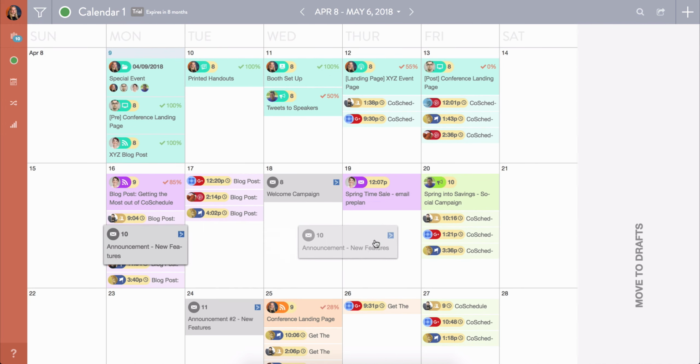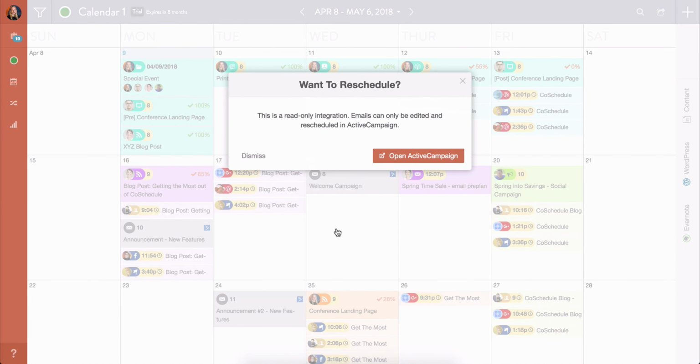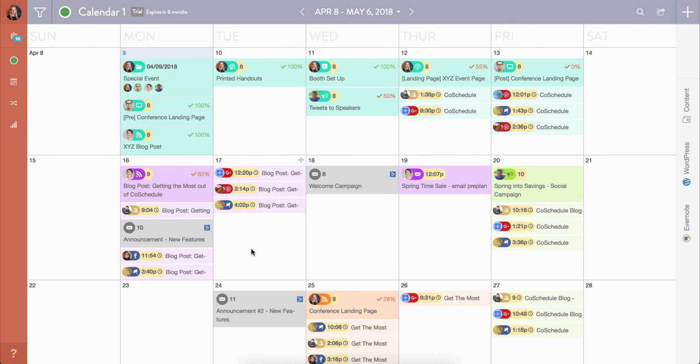Out in the calendar view, you are not able to drag and drop your ActiveCampaign emails to a different date. Again, because changes to the scheduled date or time need to be done in ActiveCampaign. However, you are able to differentiate your ActiveCampaign content from other projects on your calendar by looking for the ActiveCampaign logo. If you hover over the logo here, it will change to allow you to click into your ActiveCampaign account to make changes there